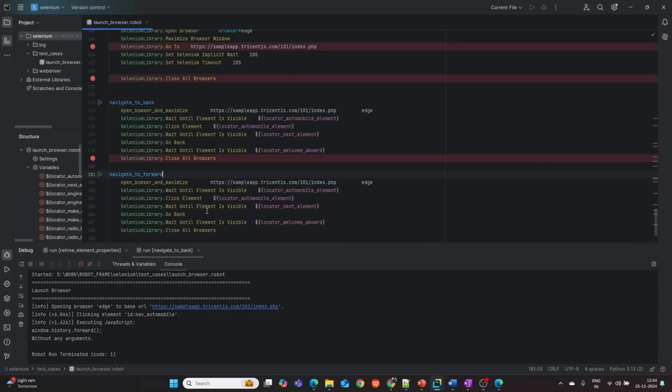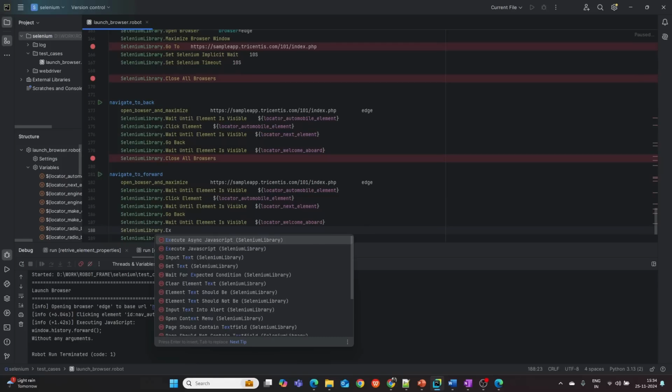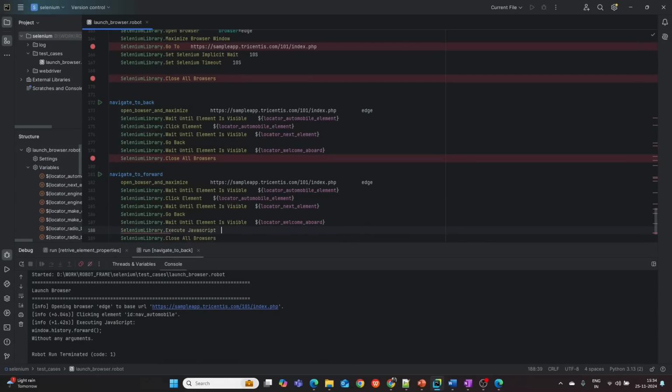First I will go back, then I will wait until the particular element is visible or not. Then I will try to do a go forward using Selenium execute JavaScript in a synchronous fashion, and for this I will be using the parameter as